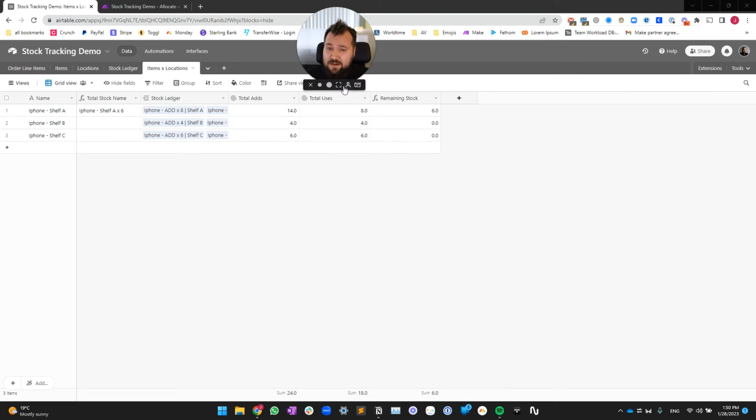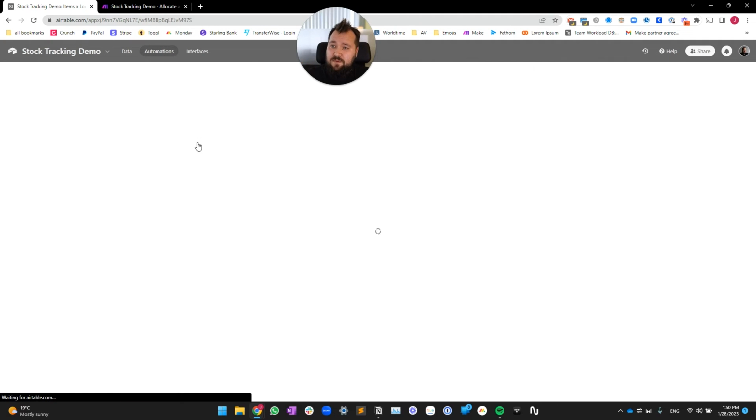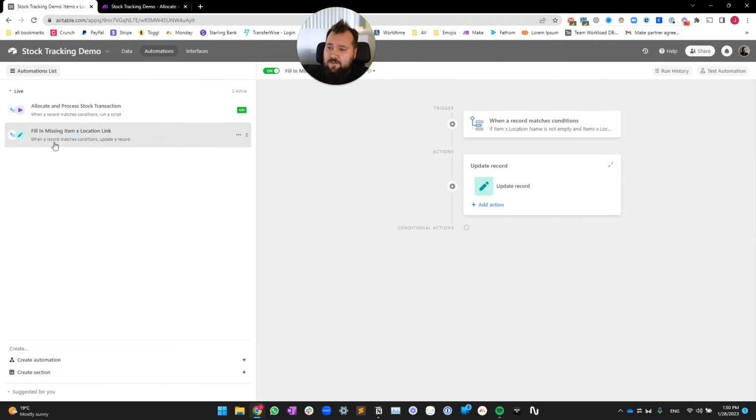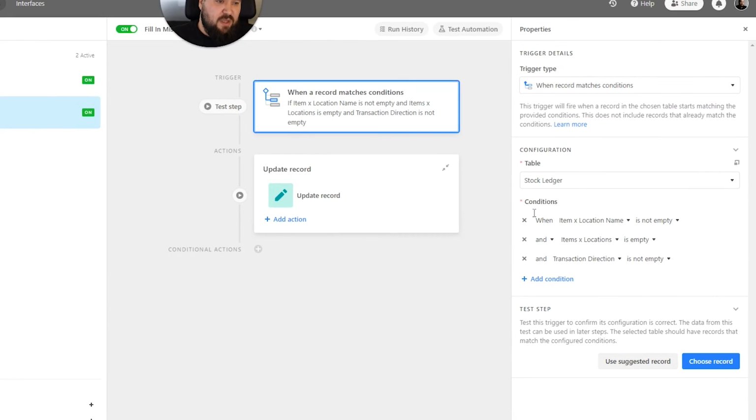Okay, so let's take a look at how the automations are set up for this particular project. There's two automations. Let's take a look. First of all, we have a fill in missing item X location link. And what this does is essentially in the stock ledger, when the item X location name is not empty and